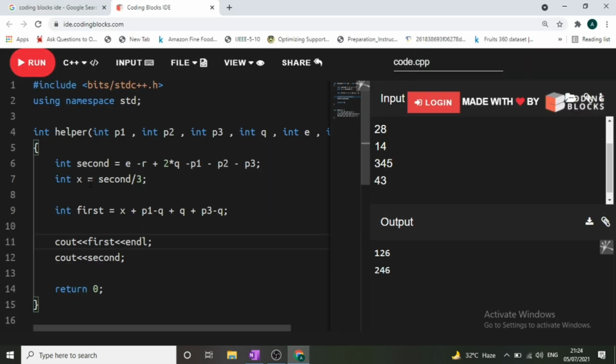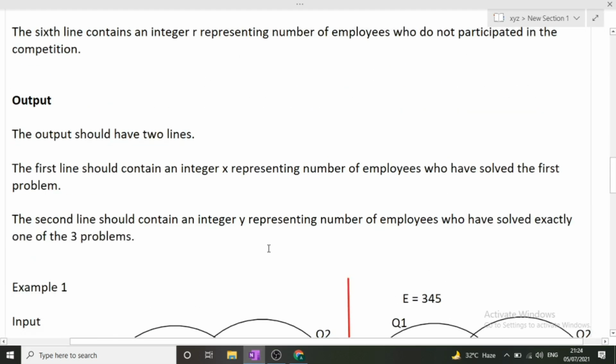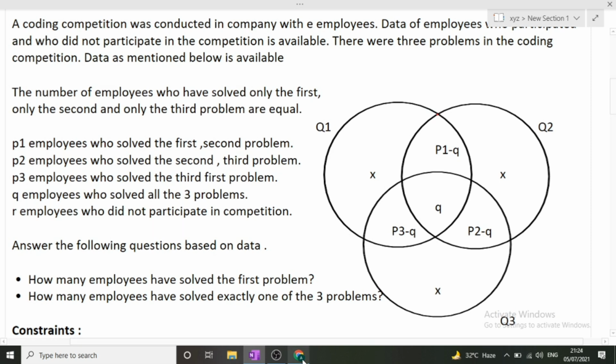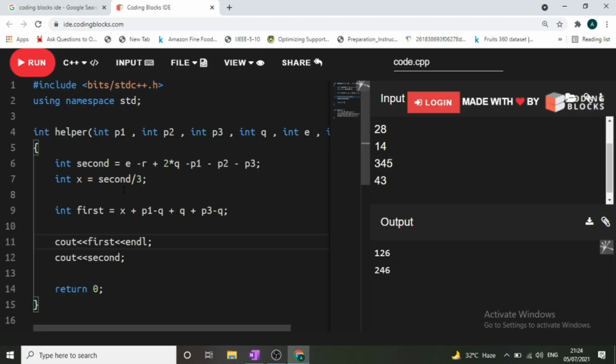As I have told you, this is just a 6-line code that you have to write. So this entire big question, just using the Venn diagrams and the logic, got converted into 6 lines of code. So this is how a TCS data exam is. You do not have to worry about data structures, algorithms, trees, or graphs. They are not asked, just logical questions are asked.